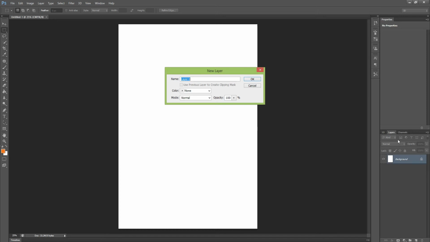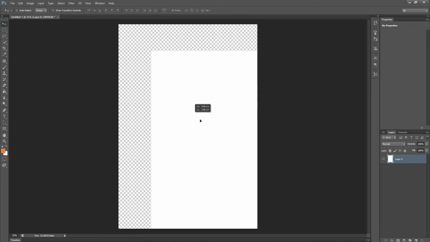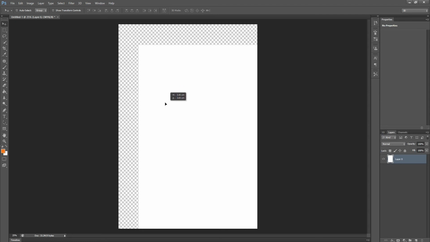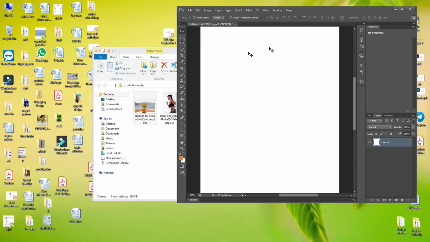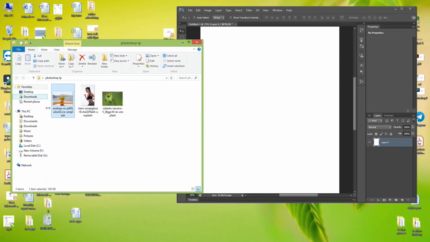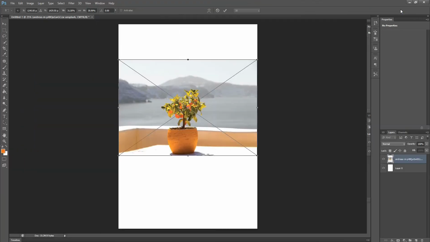Here is the lock. We can unlock the background layer, so that we can now go to the selection tool and move the A4 sheet. This is the white background we took, and this is the transparent background. So we can move pictures when we select some pictures on this area. Let's take some pictures on the screen. So we'll open a file here. We can drag the file to our Photoshop file and open some pictures in Photoshop.